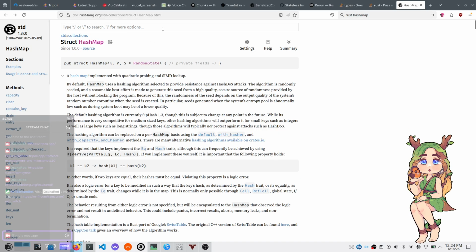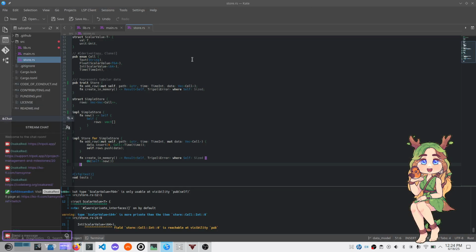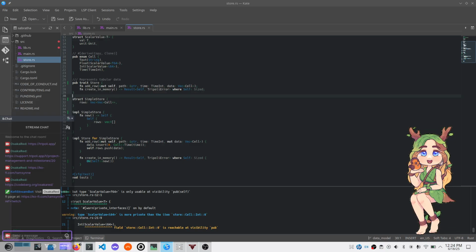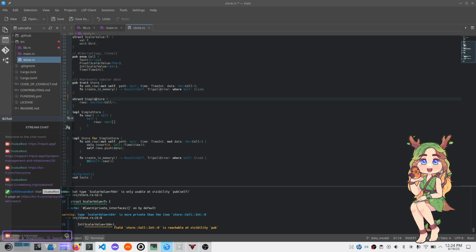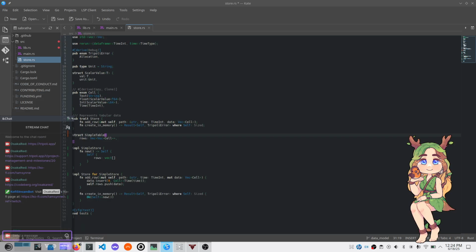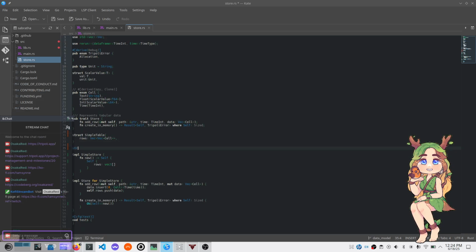Okay, I don't need to insert myself with that. Okay, so now instead of rows, it is also say this is our simple table. And then